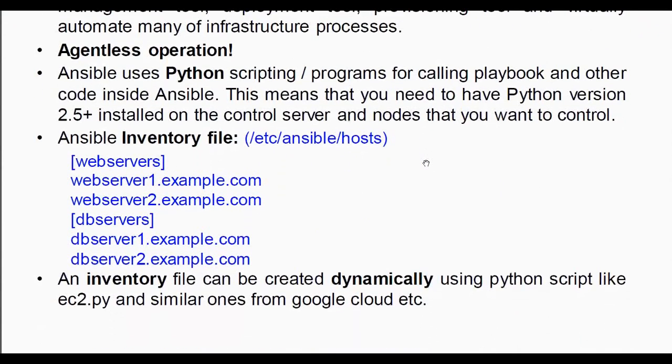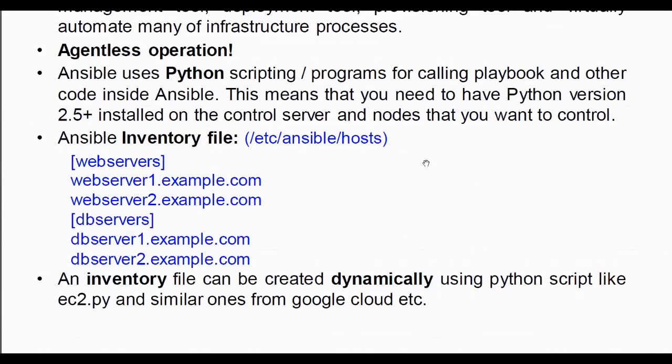How do I manage all these nodes that I want to deploy with or install with? When I'm thinking about Ansible as a tool, I have to have a few mandatory files. These are the inventory file, the Ansible configuration file, and some other files and folders as well. Basically, the Ansible inventory file and the Ansible configuration file are the mandatory files that are needed.